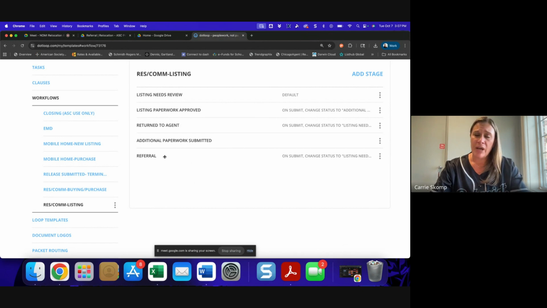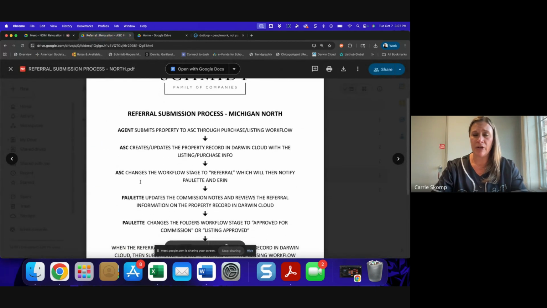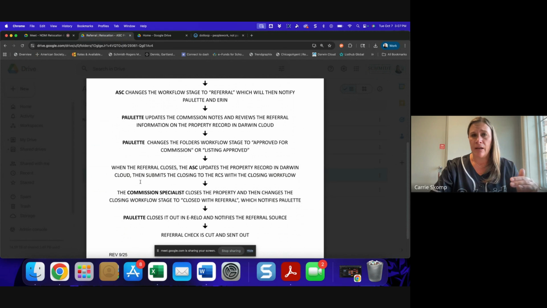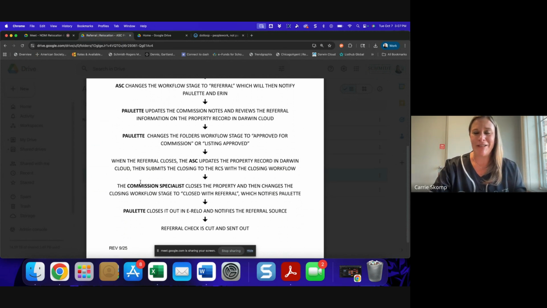So what we're asking for you guys to do is to make sure that you're choosing the proper workflow. And again, this document here really takes you step by step through the process. Now, Erin has graciously accepted the fact that if it's non-departmental, she will assist in getting that referral information into Darwin. So if the notes say non-departmental, she'll see there's a referral. She'll know to go in and put the referral information in there. Now, if you as the ASC are used to doing that, if it's always been part of your process flow, Erin knows that you're doing it. She can just double check your work and everything will flow through the process as it should.